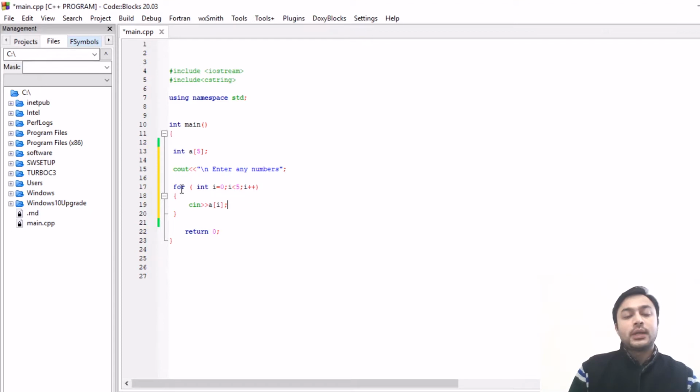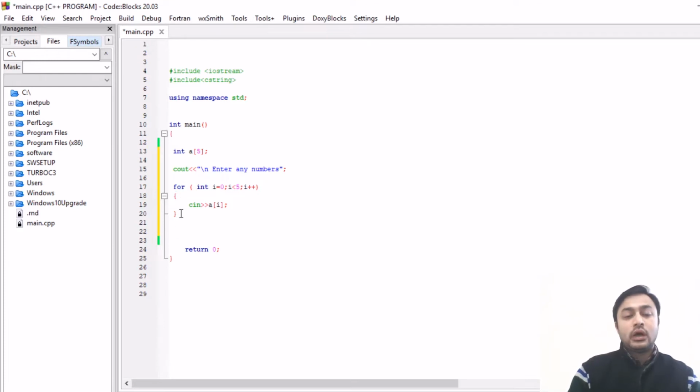This for loop will be executed 5 times starting from 0. Then the condition will be checked, 0 is less than 5, condition is satisfied, then it will ask for the first element, that is a[0]. Then i++ becomes 1, 1 is less than 5, again the condition is satisfied, then it will ask for the next element, that is the second element a[1]. So this will continue 5 times.